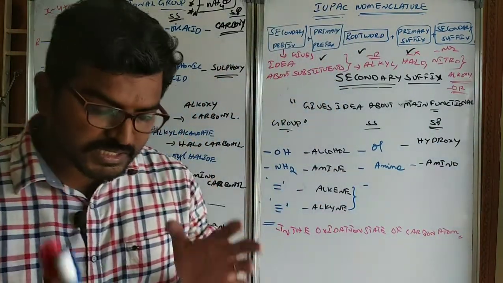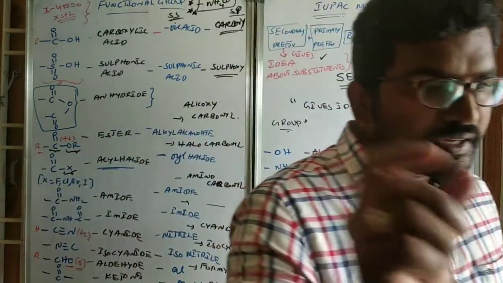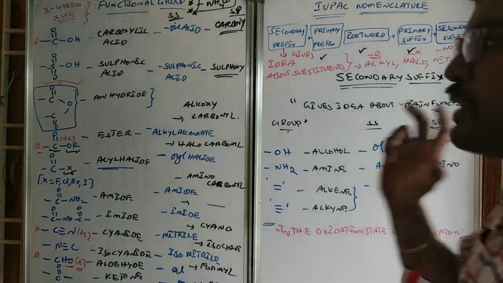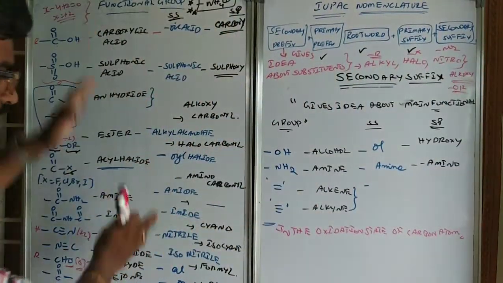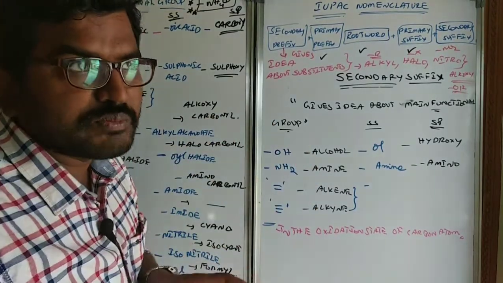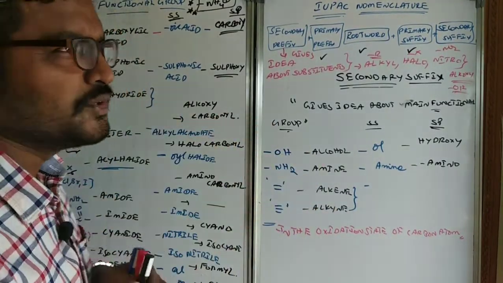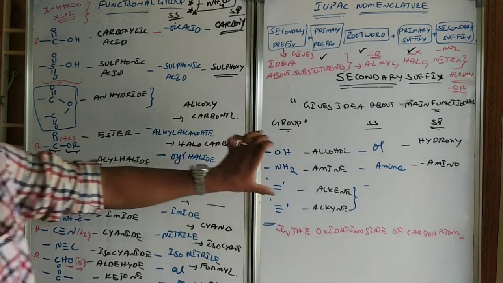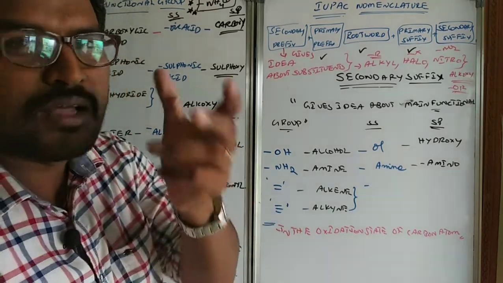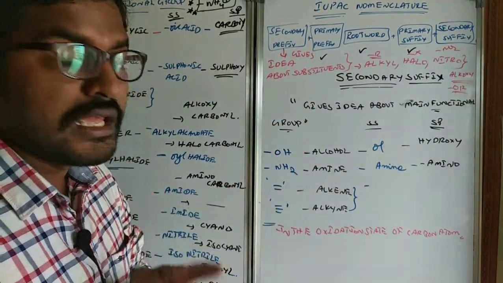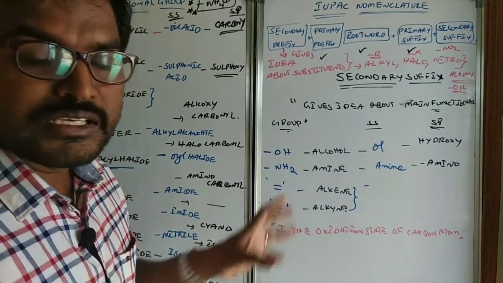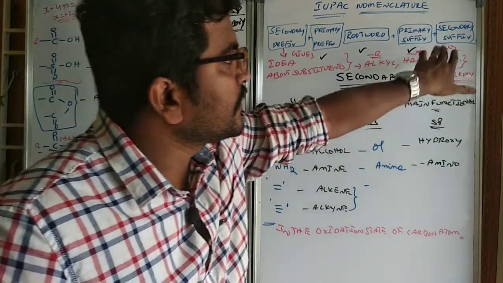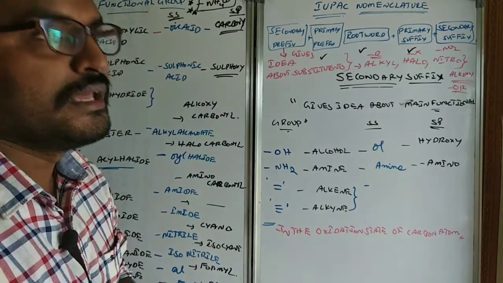Like this, whenever there is an organic compound, identifying the main functional group is a very, very important thing. So how to identify that main functional group means, this series you have to learn by heart. There is no other chance for us. The simple thing you can do is find the oxidation states of them and you can understand them. Otherwise there is a small mnemonic for you people. I will upload that under the mnemonics heading, and if you study that, you can easily remember this order. So this is about what a secondary suffix is and what a secondary prefix is.